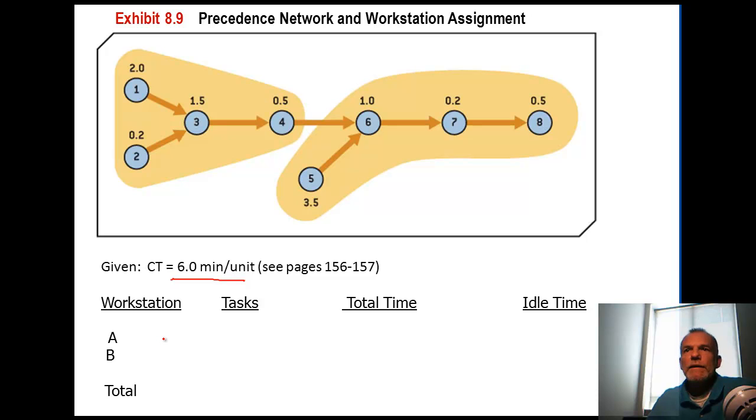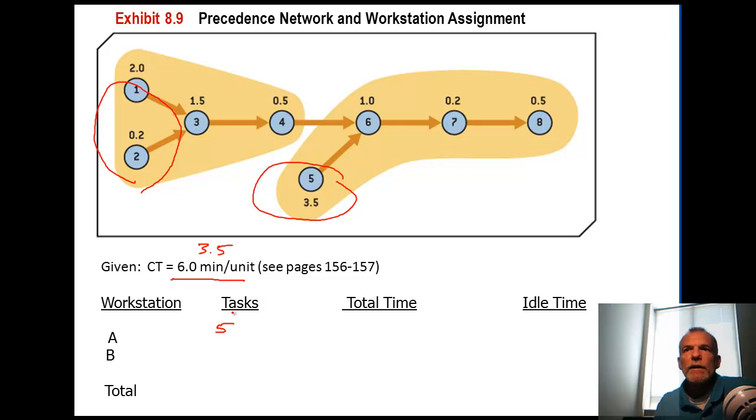In deciding how to allocate these tasks to workstations, we start by looking at those that either don't have a precedence or whose precedence has been satisfied, and then start with the longest time. So here, task 5 has 3.5 minutes. It doesn't have a precedence, and it's the largest time of those available, which would include these up here. So the first task that we would assign to workstation A would be task 5, with 3.5 minutes. Now we'll continue to add tasks